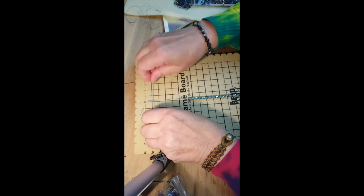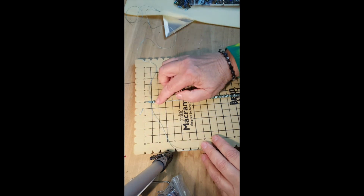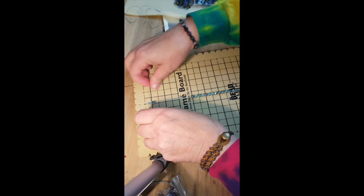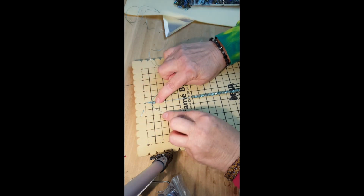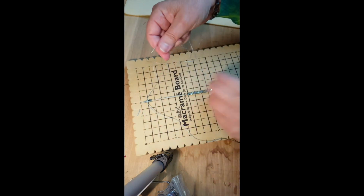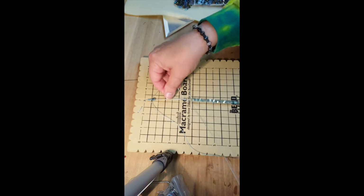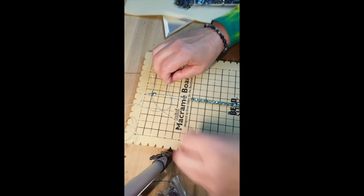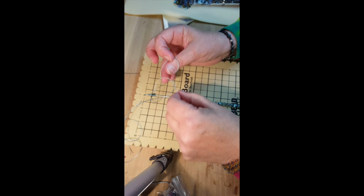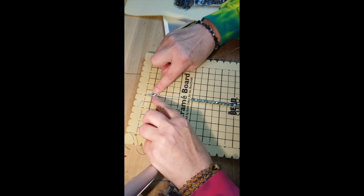Okay, so now I'm ready to bring beads up, and all I'm going to do is slide a bead up to that series of knots, and I'm going to start tying square knots under the bead. In this case, I'm just going to put one square knot under it. Again, I'm going to start with my right, goes over the left, comes through the loop, snug that up,